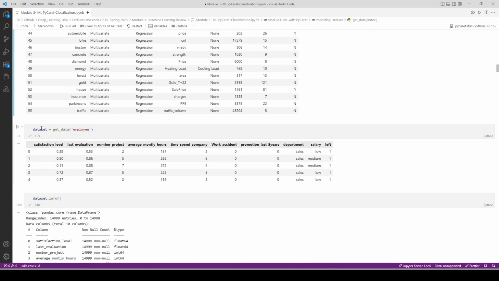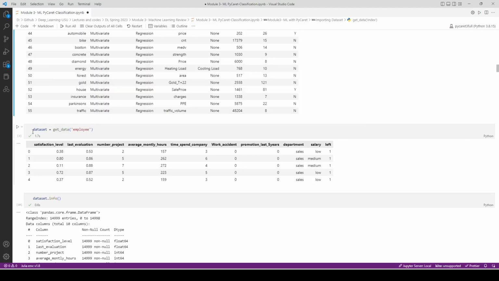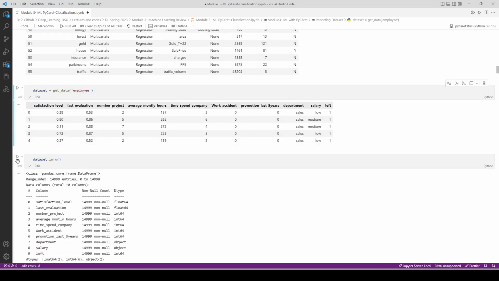So I'm going to make a new data frame, call it dataset. Get data, this is a function from PyCaret, right? Because we already imported it, right? Get data employee. So here's my dataset, and as you can see, let's quickly look at the information